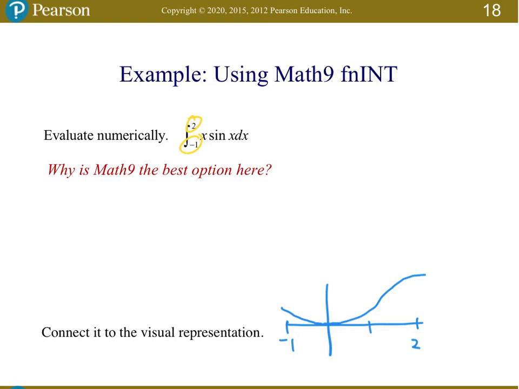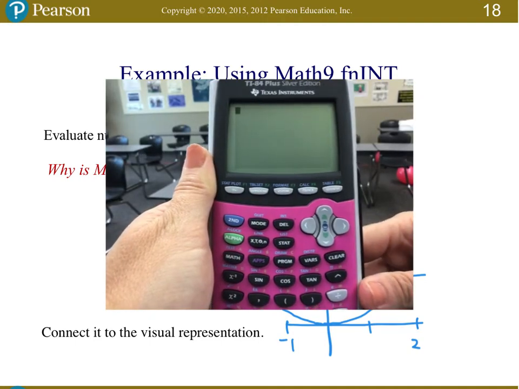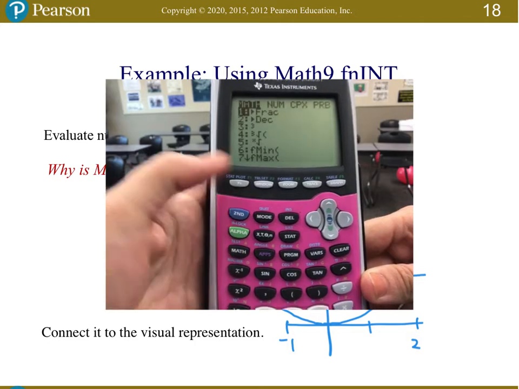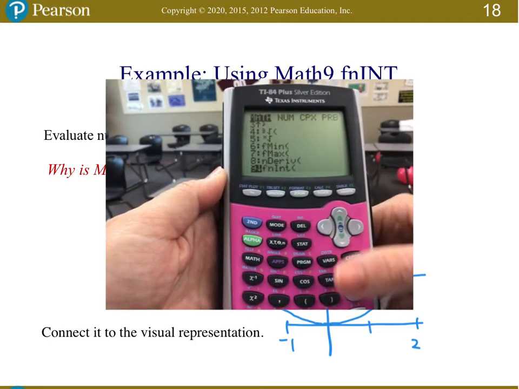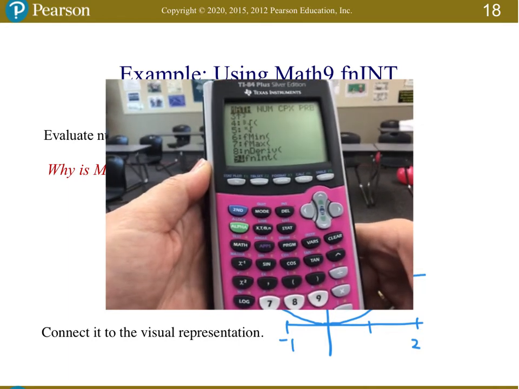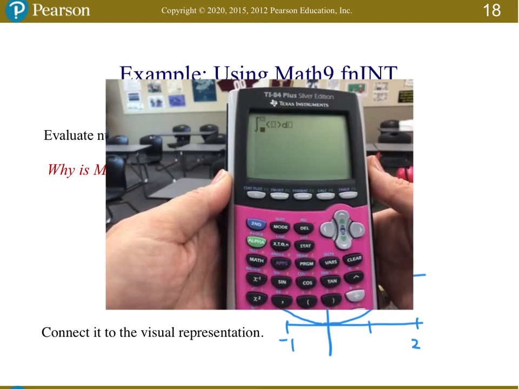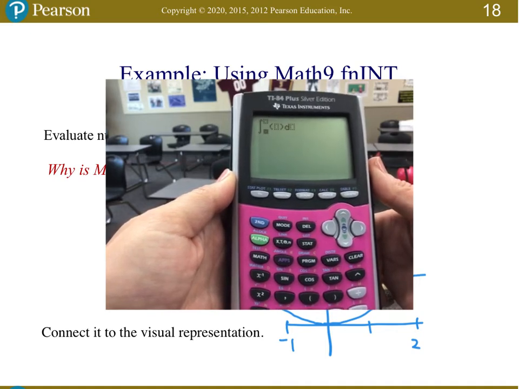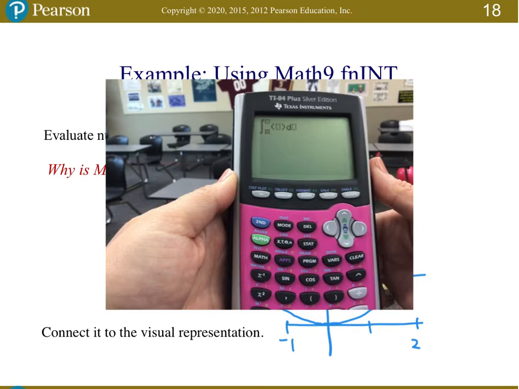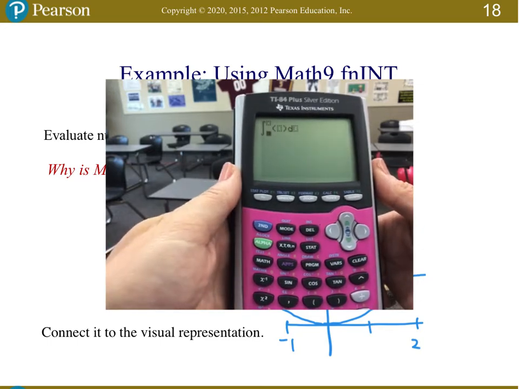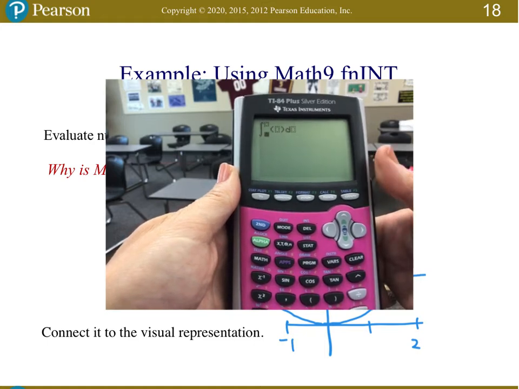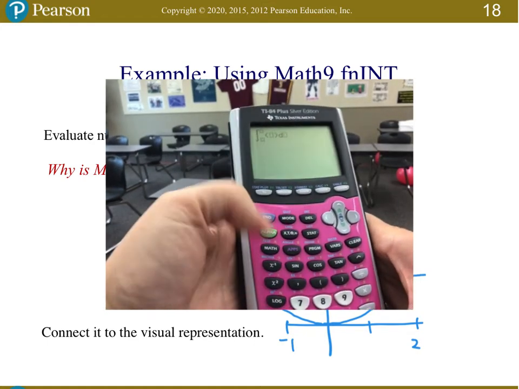All right, so what I want you to do is go to a clear home screen, and put in Math 9. And I'm going to switch to my video camera so I can show you how to do this. All right, so Math, and then we're going to go down to option number 9, which is FNINT, which stands for function integral. So go ahead and select that, and you should have a nice integral pop up like this. If you don't, if you still have FNINT that is just words and not a symbol, then you have an older calculator, and I'll have to grab that and show you how to do that. But if you've got this one, it's nice and easy because you just put in -1 for your lower bound,